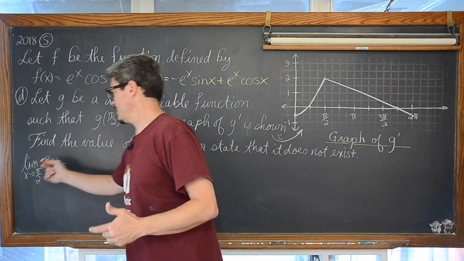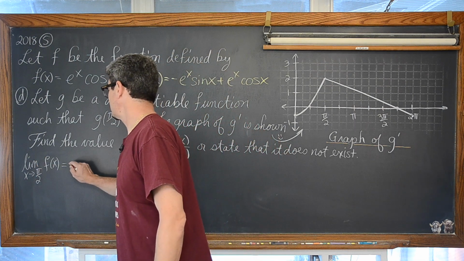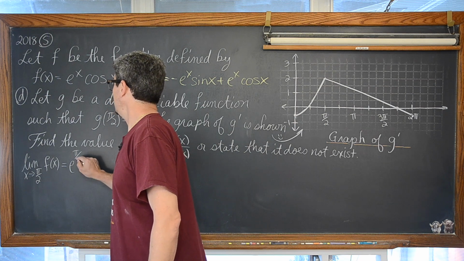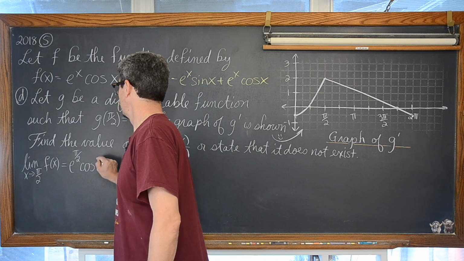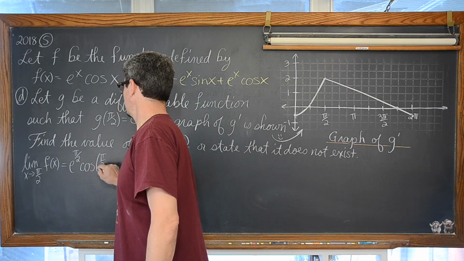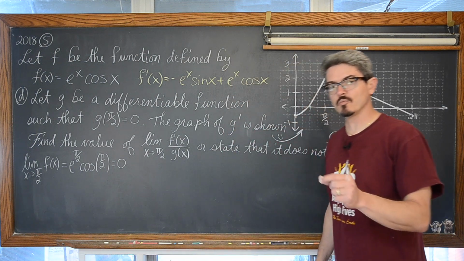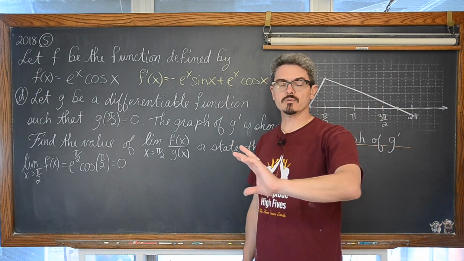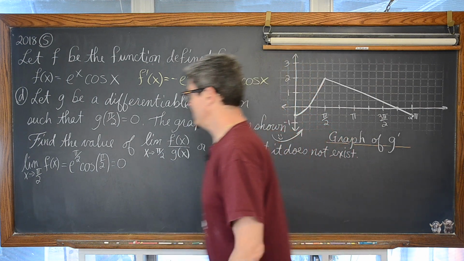So the limit as x approaches pi over 2 of f of x is basically as previously stated, but I'll write it again: e to the pi over 2 times the cosine of pi over 2 is equal to 0. So the limit of the numerator as x approaches pi over 2 is 0. We've identified the limit value for the numerator separately. Then the limit